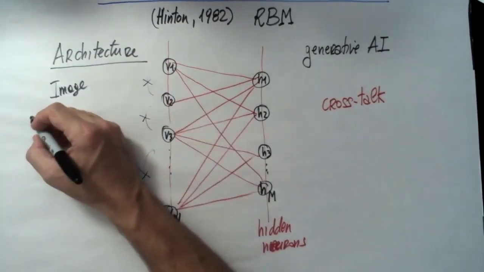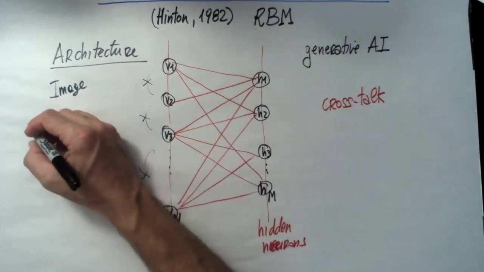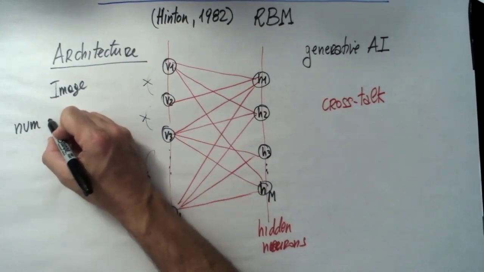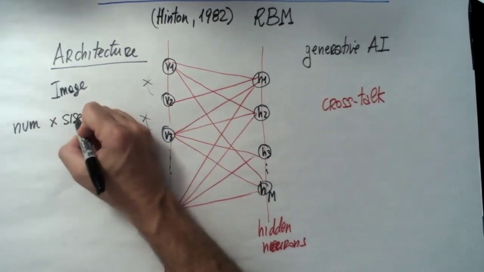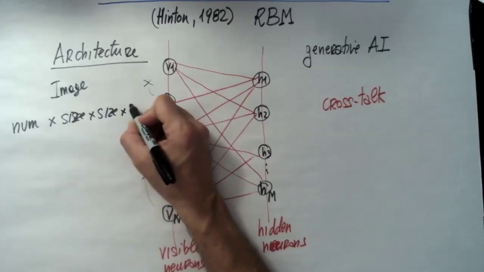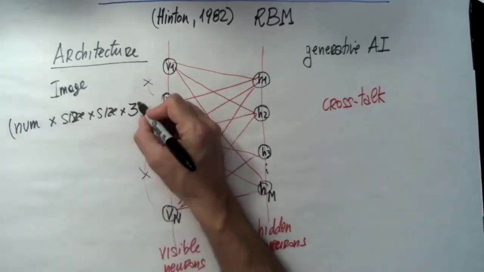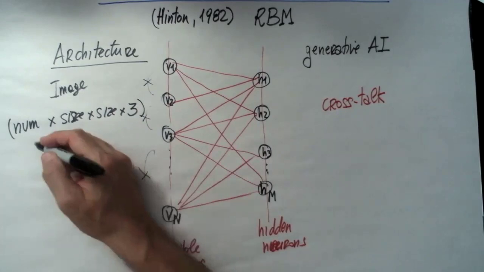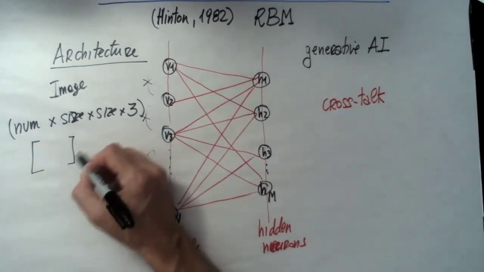We have basically an array of num images times size times size times 3, the channels. Imagine that we have an array of several images,